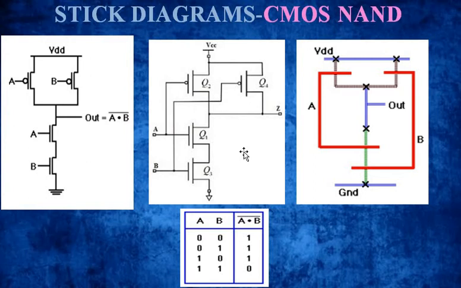Listen carefully. You are going to prepare the CMOS NAND gate. This is the circuit diagram of your CMOS NAND gate, where you have two PMOS transistors and two NMOS transistors. This is your stick circuit diagram. I have shown the interconnections here. The second PMOS transistor is connected to the first, and this P and N make one combination of CMOS. These two make another combination of CMOS.